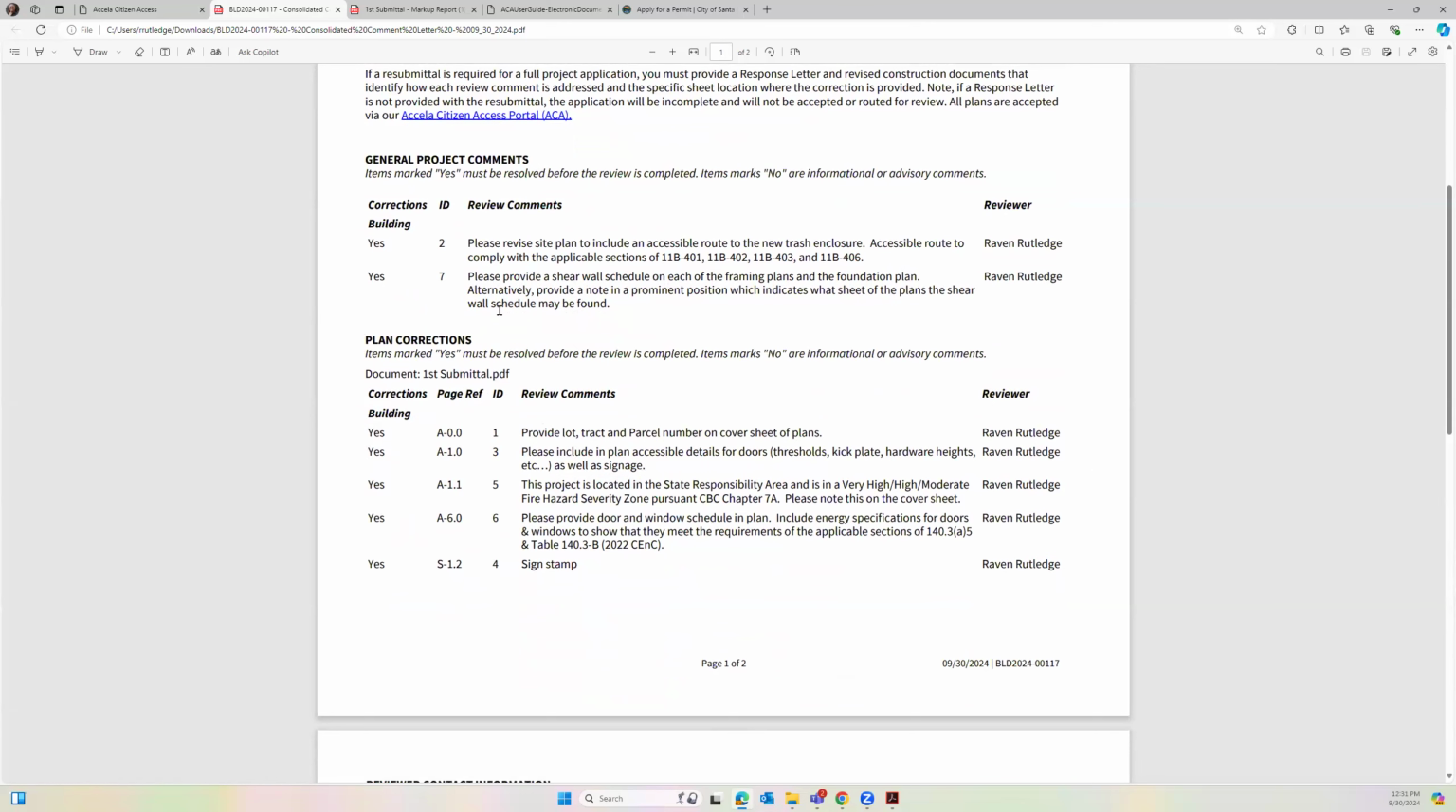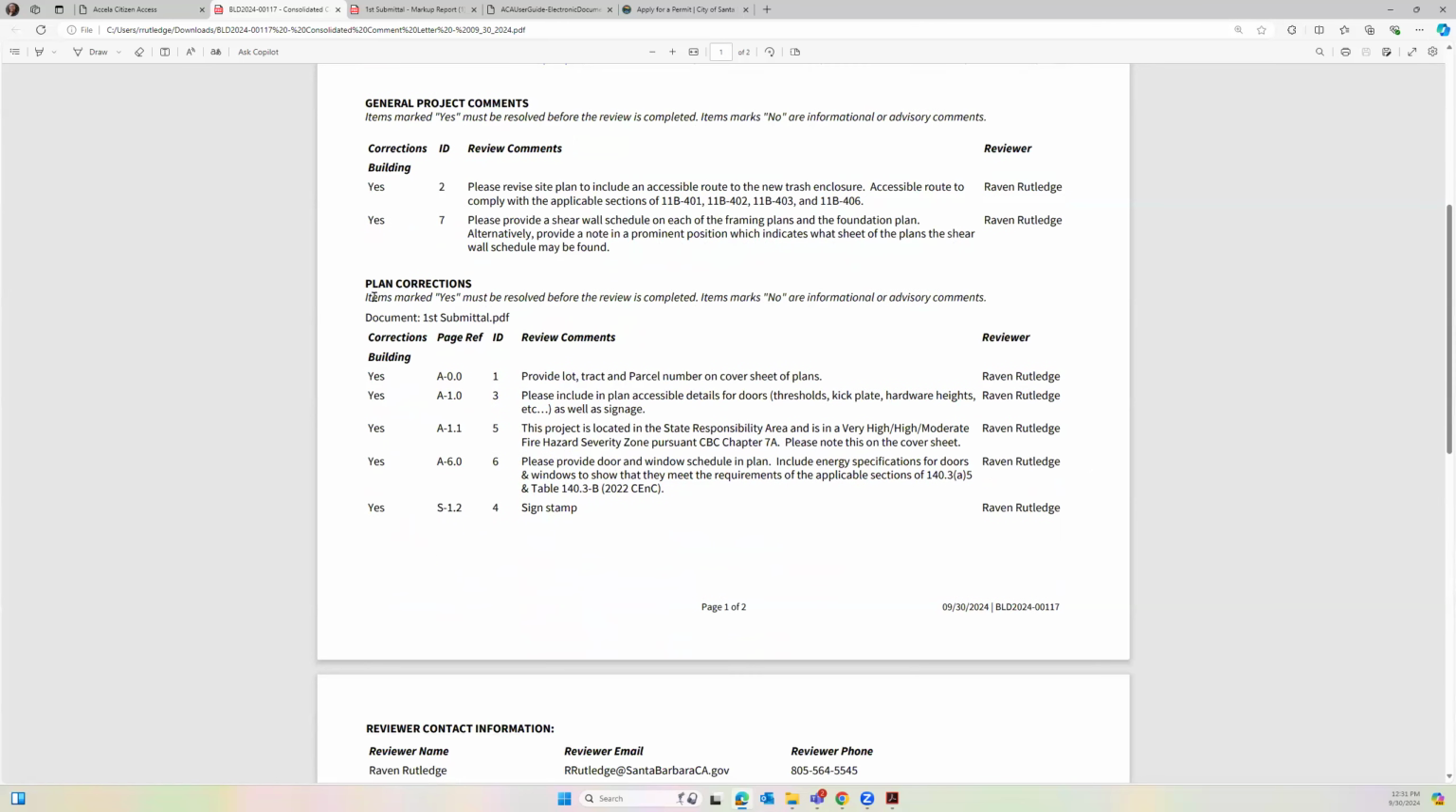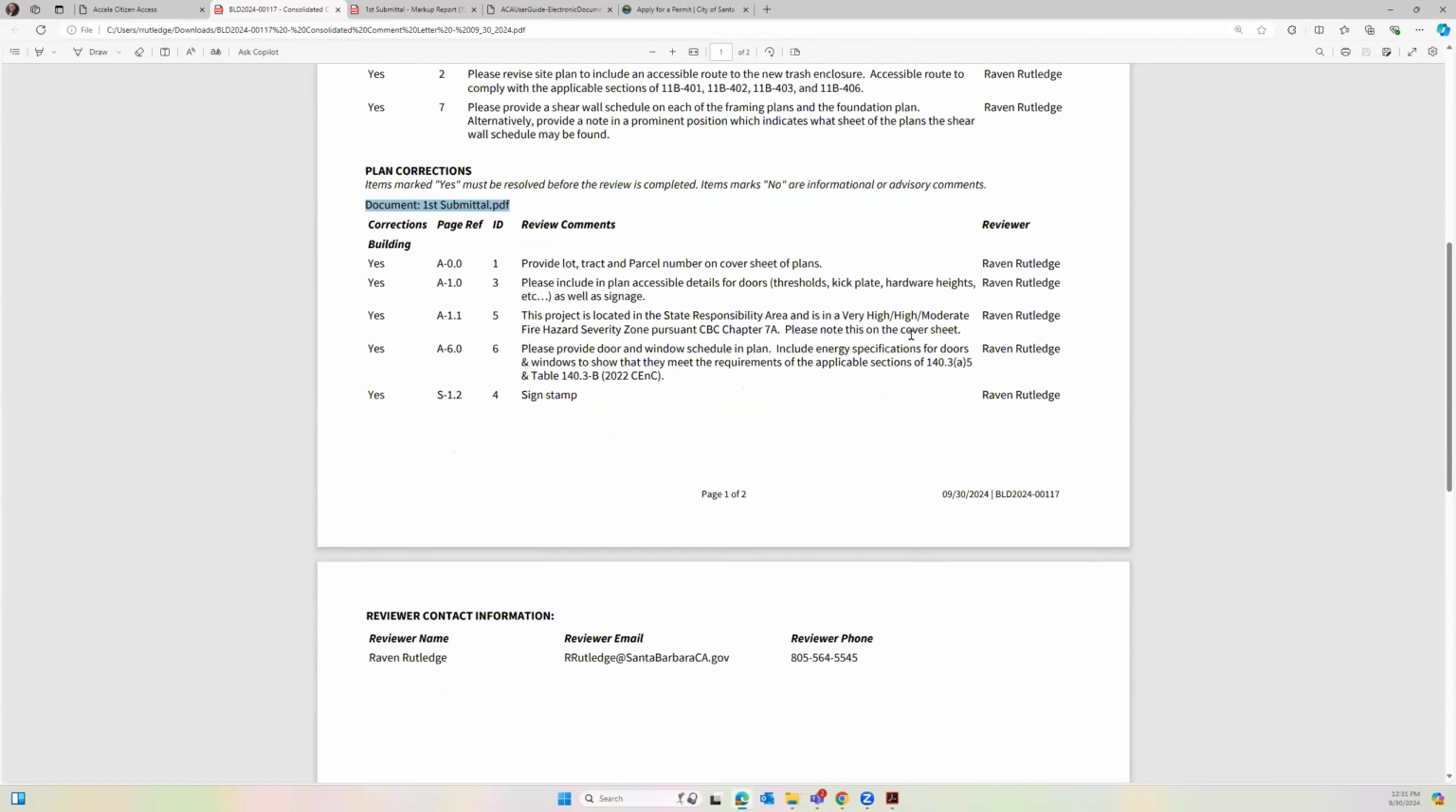Then you'll have a line break here and you'll see plan corrections. What this section means is there's comments on the actual document. So right here, you'll see it says document first submittal. So that's how you'll know which document you're looking at here. So it will tell you that page reference number in this column. So that's where those bookmarks come in handy because we want to be able to tell you, okay, on A10, you're going to see this